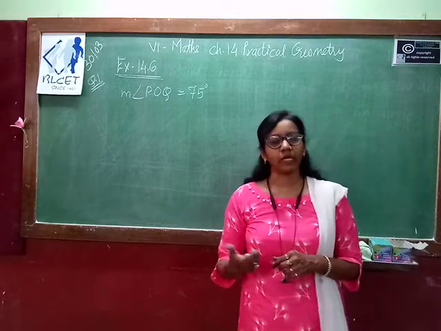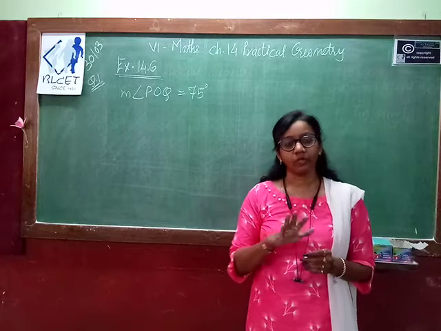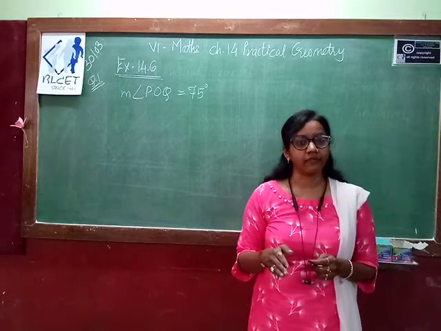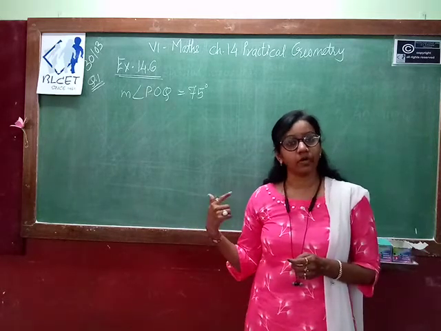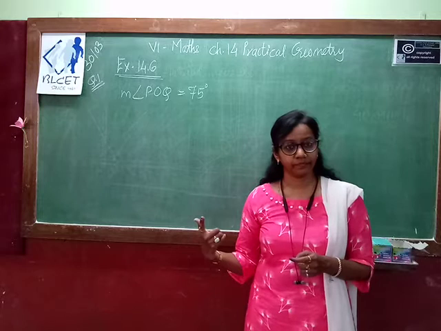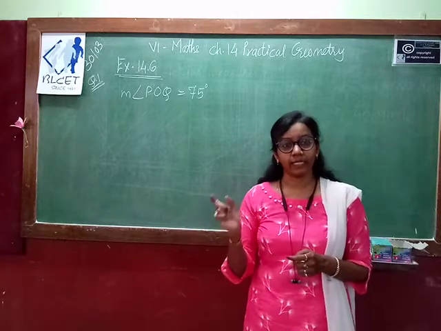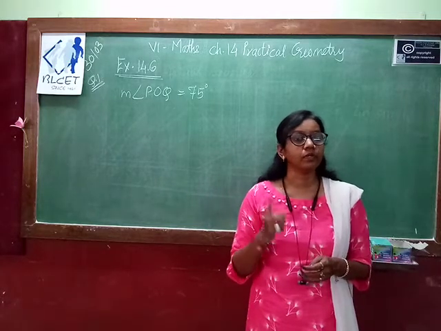With the help of protractor, if you draw the 75 degree, it's very easy. So that I will not do. How we can construct 75 degree, that we will see now. So what we have to do, we have to draw the 60 degree angle, then 90 degree angle, and then we have to bisect the portion between 60 and 90 degree. That gives you 75 degree.